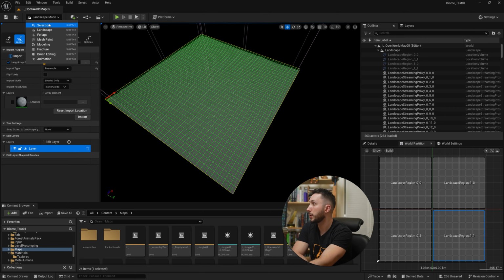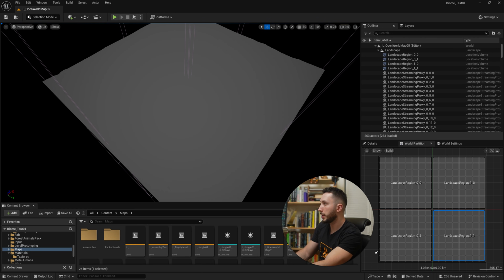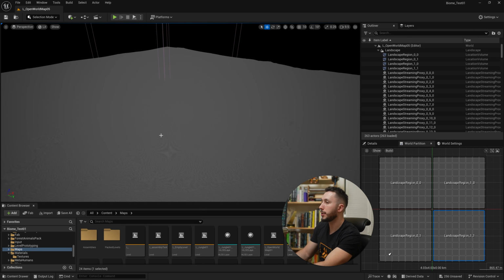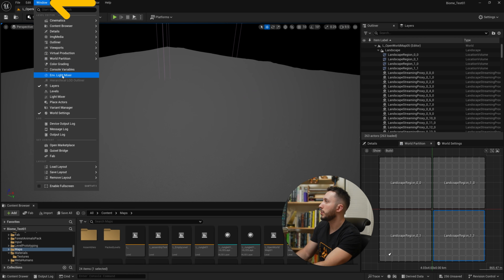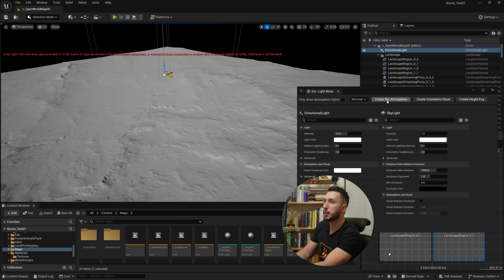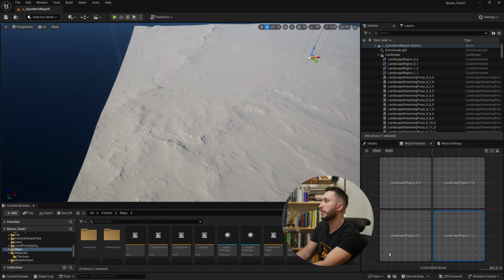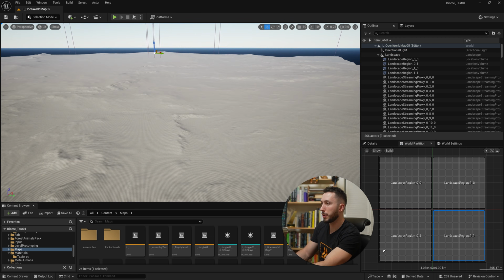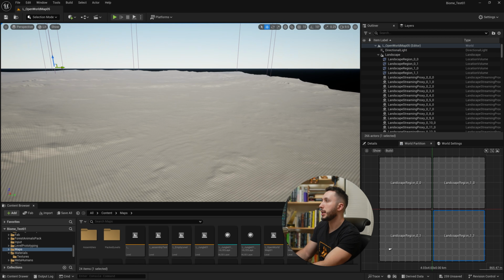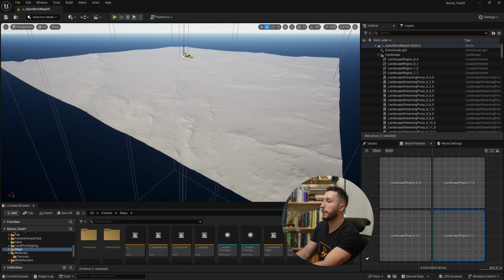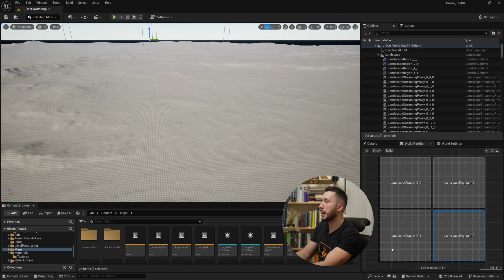So I'll go ahead and switch off of my view here, and we can't really see what's going on because we have no lights. So let's go ahead and make some lights. Choose the environment light mixture. We'll create some sky atmosphere. I won't create clouds or fog yet because it's a little easier to see what's going on with a big landscape like this. So now I have a huge 4 kilometer by 4 kilometer landscape here with a height map,